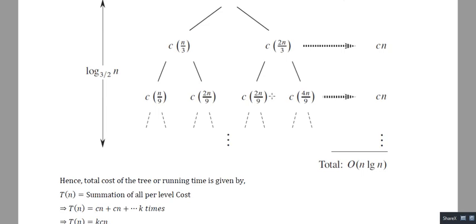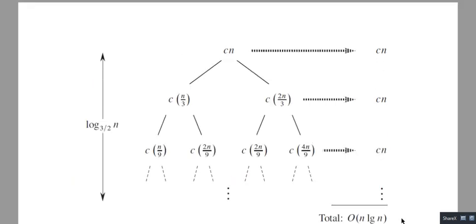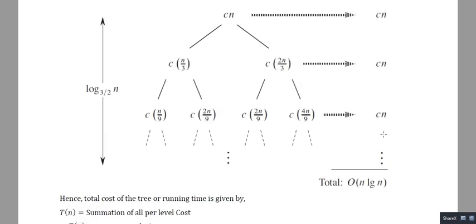So this is what I am doing here, and here also I am evaluating the per-level cost: cn, cn, cn. Interesting, so in all the levels we have the cost cn. So how many cn? k times, because I am assuming that after the kth iteration I get the fundamental problem. So it is k·cn, and the value of k here is log n. So it will be cn log n, which is order of n log n.